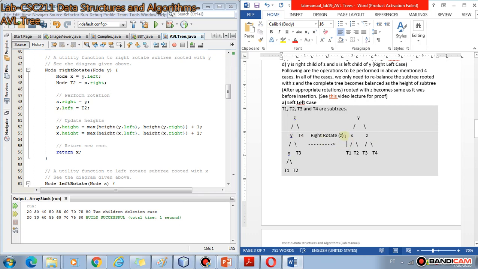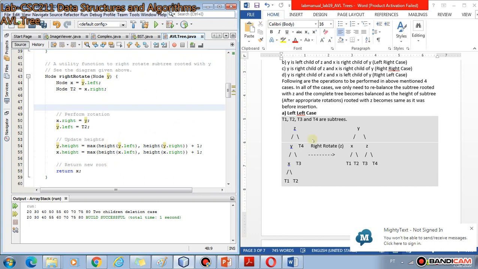And also this X, which is the grandchild of Z, becomes the left child of Y, okay. So let's try to comprehend this from code. So the node we have passed is the node where the imbalance has occurred.